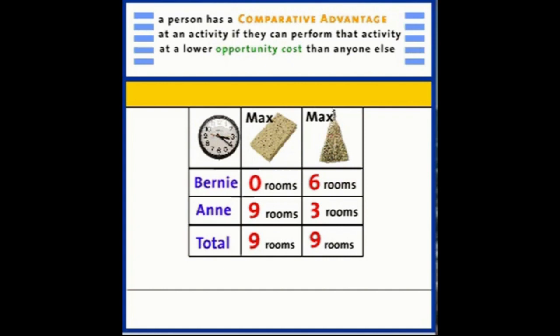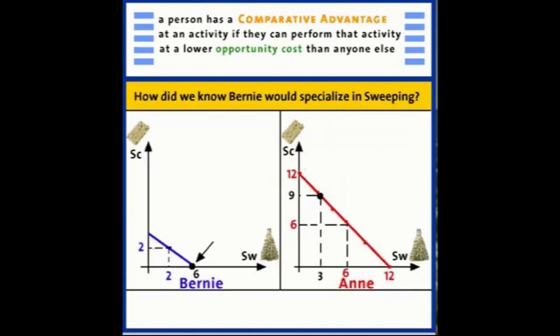Looking at this picture, how could we have known that Bernie was going to wind up specializing in sweeping services? Well, we would know because Bernie's production possibilities frontier is flatter than Ann's. His slope is -1/2, Ann's is -1. Because Bernie's production possibility curve has a flatter slope, we know that Bernie's opportunity cost is smaller for sweeping than